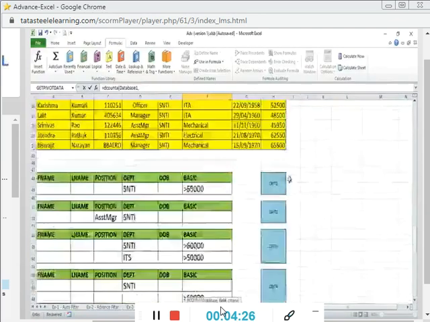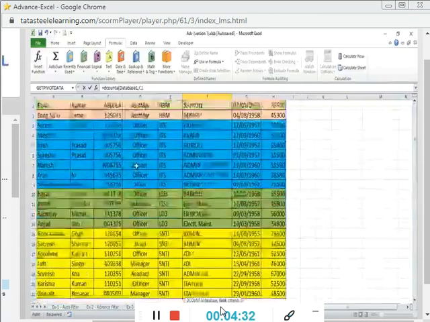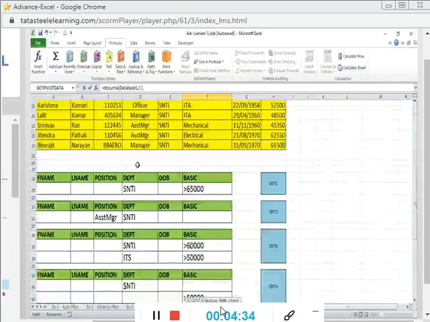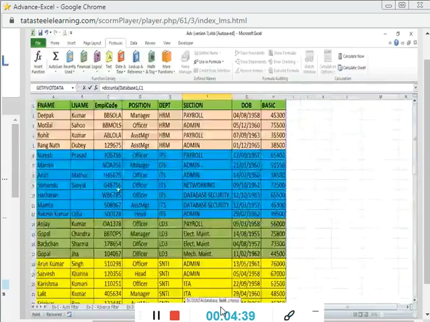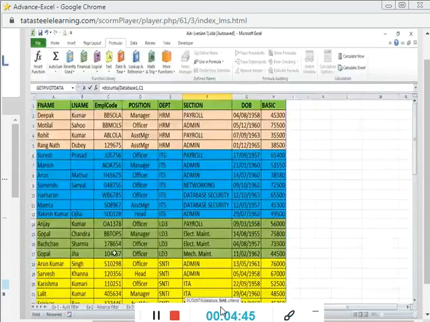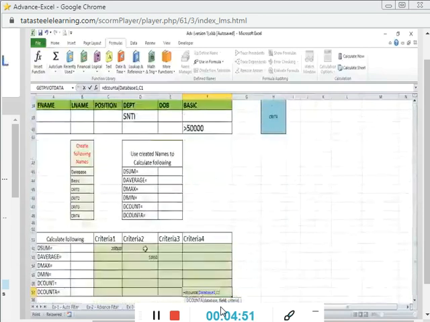In place of H1 we will take this employee code field, because this is an alphanumeric field and D counter is capable of taking care of alphanumeric characters. Here the contents are numbers as well as alphanumeric characters.